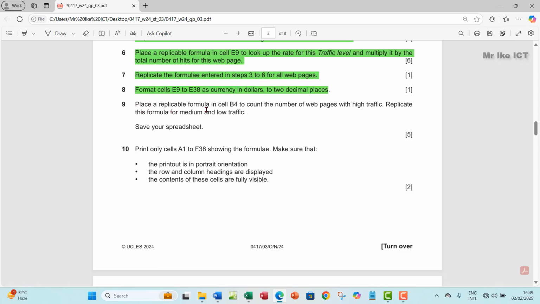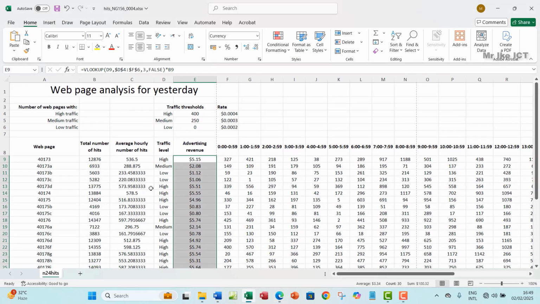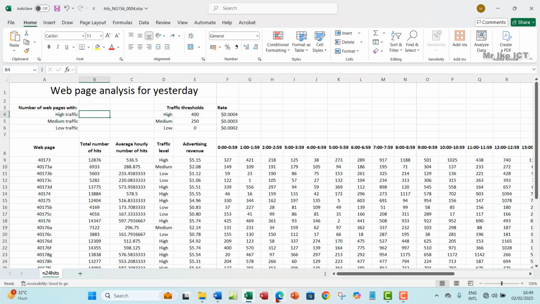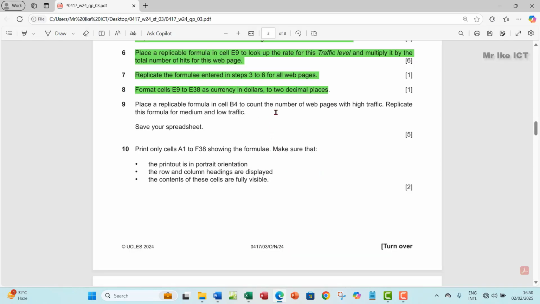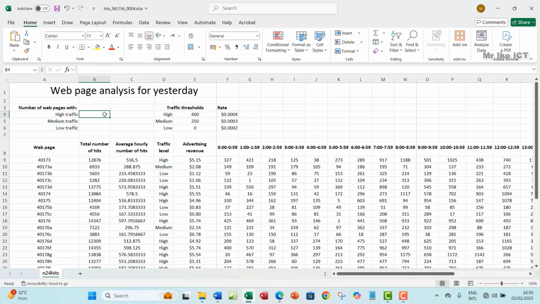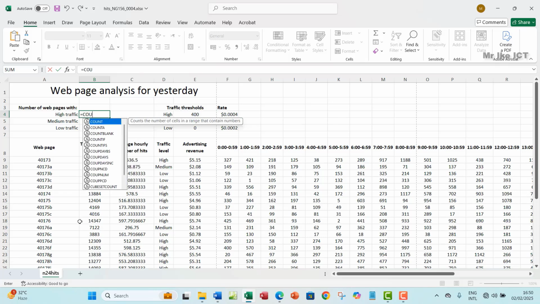Number 9, place a replicable formula in cell B4. Let's go to B4. In cell B4, yes, to count the number of web pages with high traffic. Replicate this formula for medium and low traffic. Okay, for high traffic. So here, this is the traffic here. So what they want us to do is to calculate the number of what high traffic experience within the traffic level column, right? So you want to use the count. So I'm going to use count if,